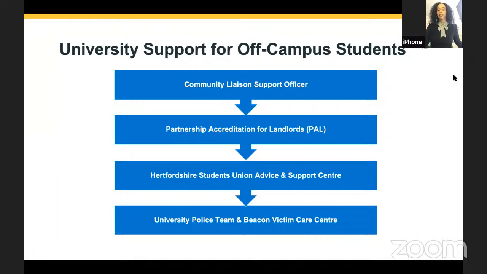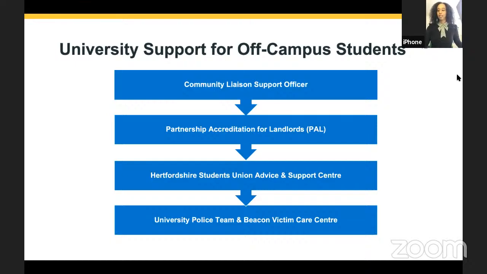In the event that there's a complaint, such as noise, for example, they visit the student together with the school's community liaison and support officer, and they try and resolve the dispute amicably first. The officers also go door to door from time to time to offer burglary advice and just to remind students to always keep their doors locked. So these are just some of the different ways that they use community policing to proactively address safety issues.